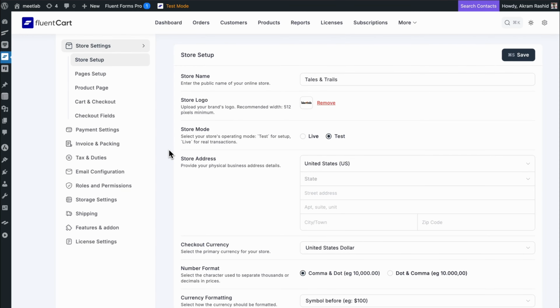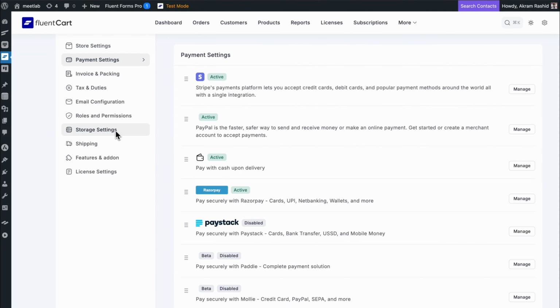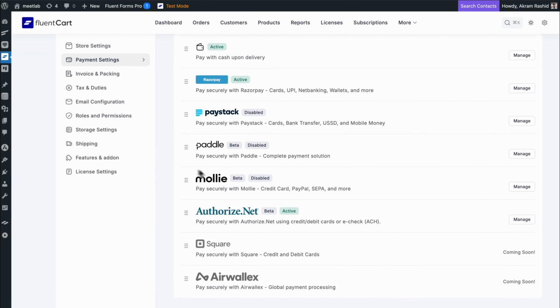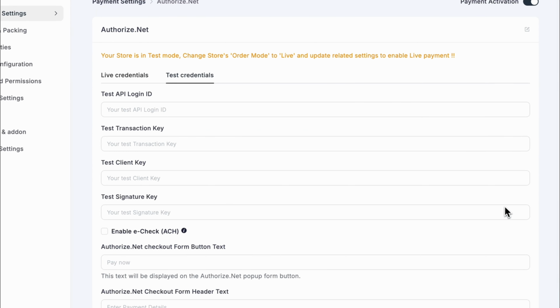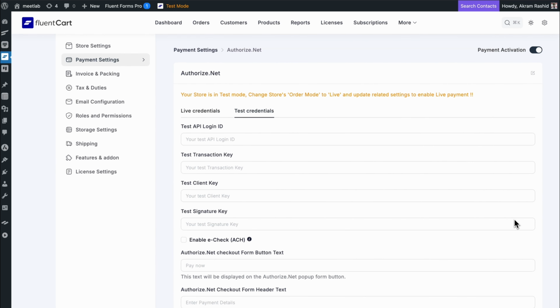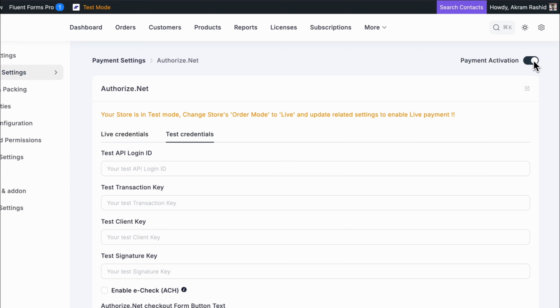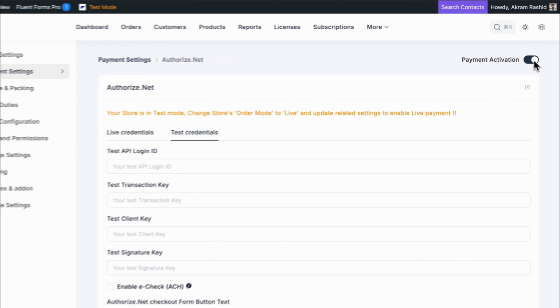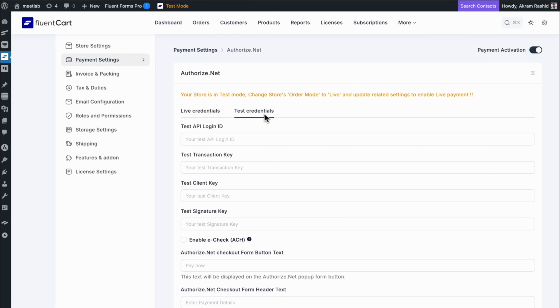So let's get started from the FluentCart payment settings. There are multiple payment gateways that you can use, but I'm focusing on Authorize.net. So let's tap on the Manage button first, and that takes us directly to the integration page, where I will first enable the payment gateway by toggling on the payment activation switch, and for demonstration purposes, I will stick with